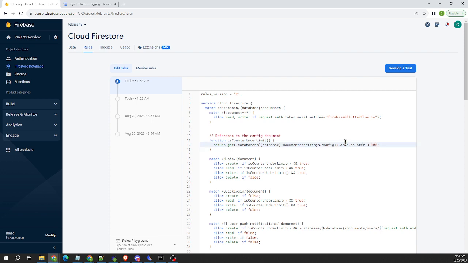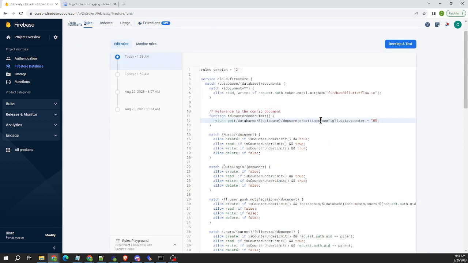You obviously probably wouldn't want to cap things at 100, I wouldn't imagine. I don't know where you'd want to cap it, but maybe like 500,000 or something like that. But anyway, what will happen is if that counter that's being updated by the custom cloud function reaches 100, then these rules will fire off basically,